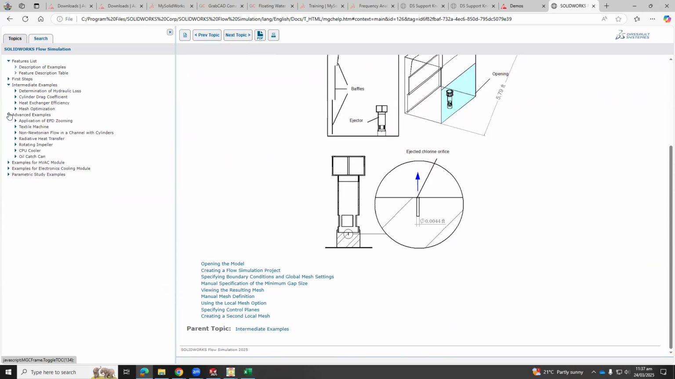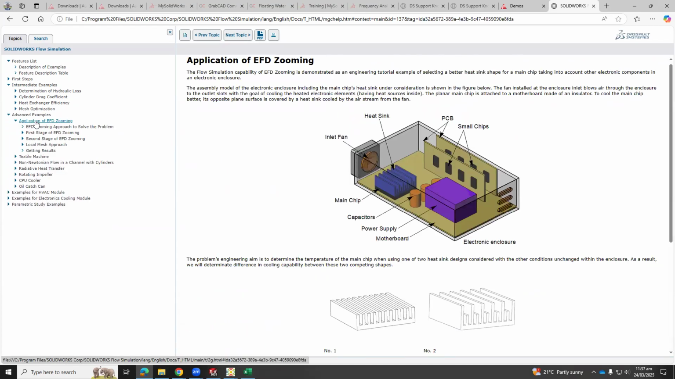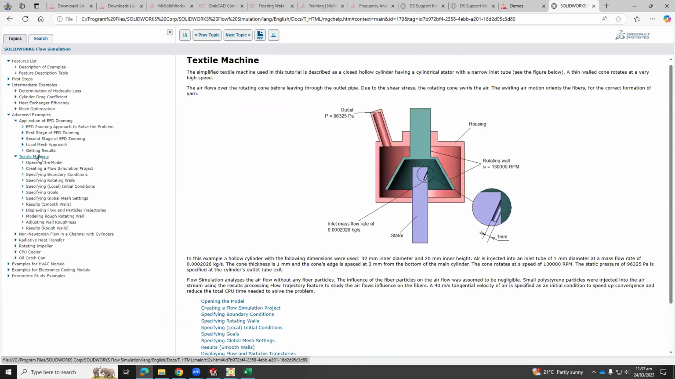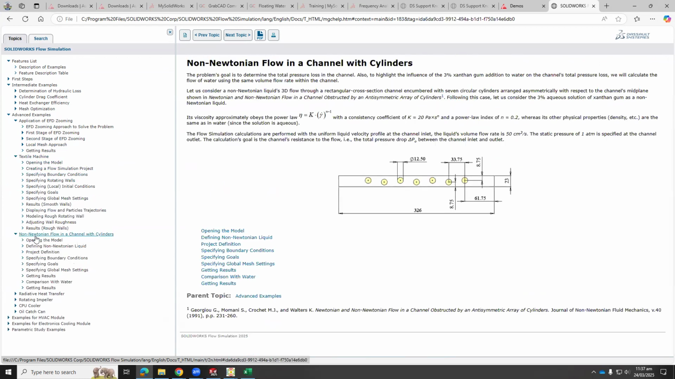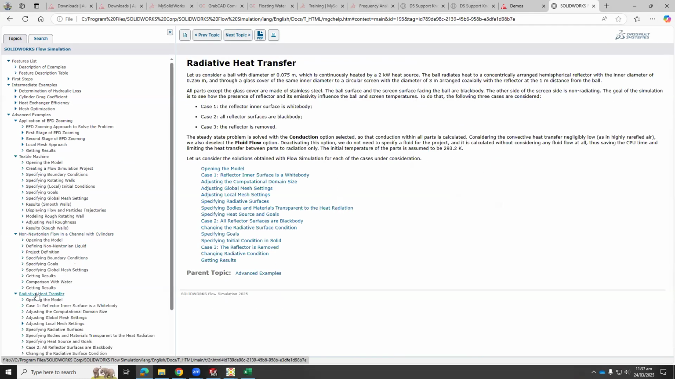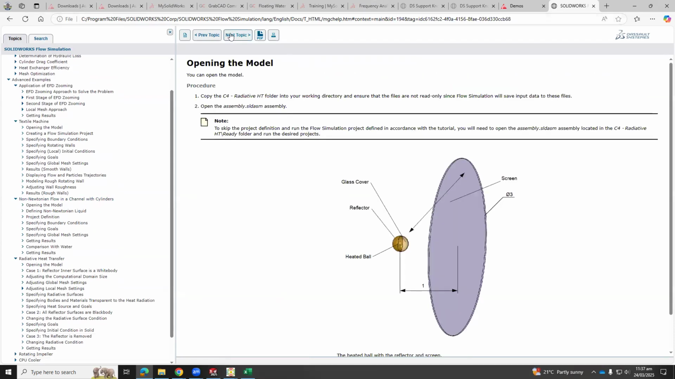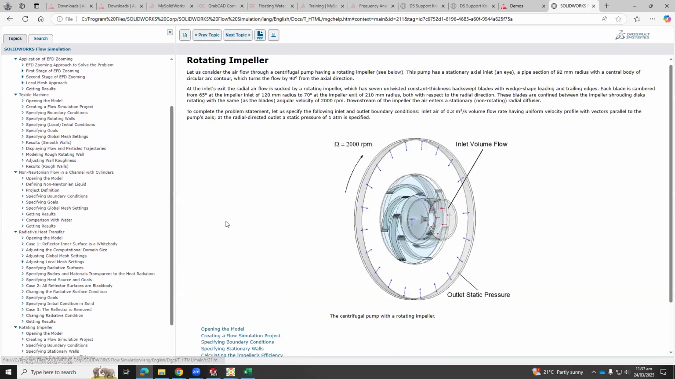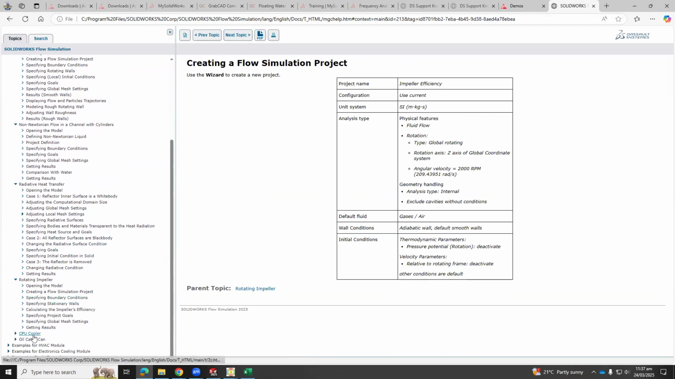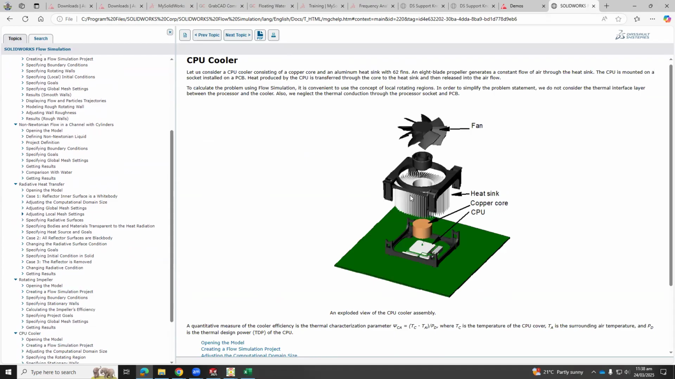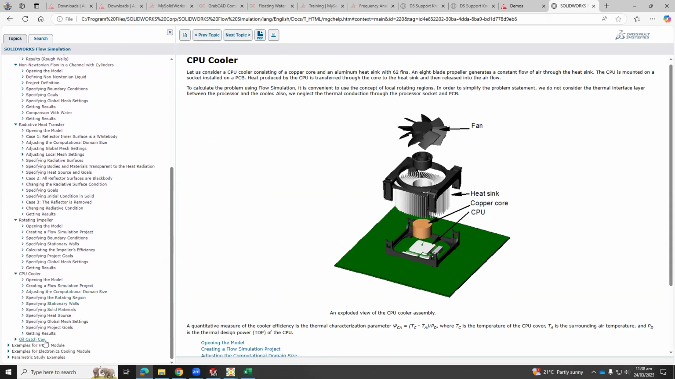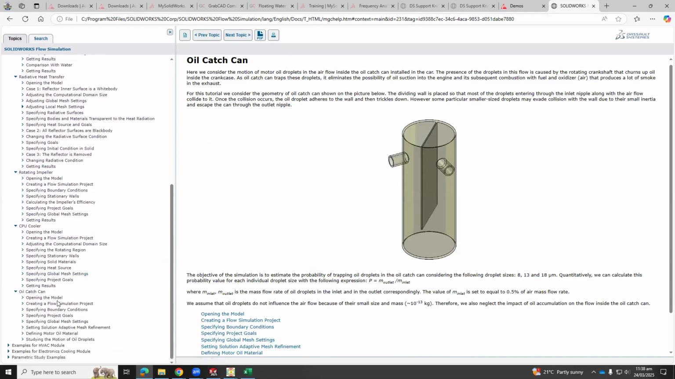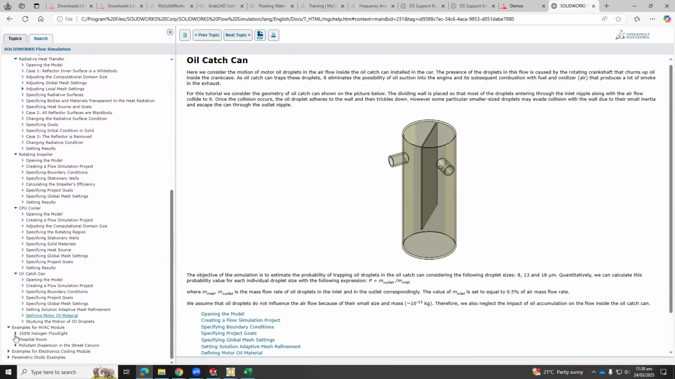And then you move to advanced examples: application of cooling of an electrical board, textile machine, non-Newtonian flow and channel cylinder, radiative heat transfer, which again are very interesting examples. Rotating impeller, if you're interested in doing some advanced fluid mechanics. CPU cooler, like when you have a fan and it's cooling. Oil catch can. And then my favorite area, which is the area I like and work a lot, is the